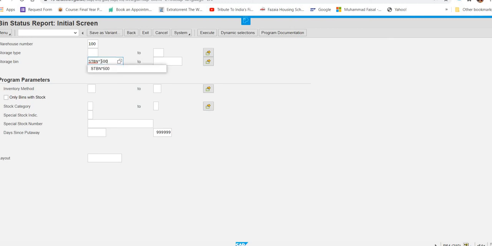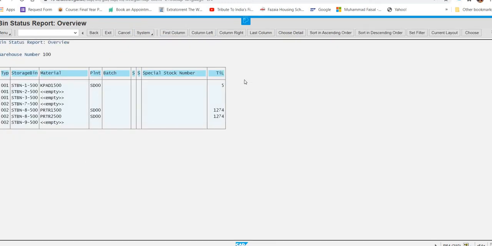I am replacing it with mine, that is 500. And then just execute. So you can see in this scenario such a type of thing is coming. Okay.